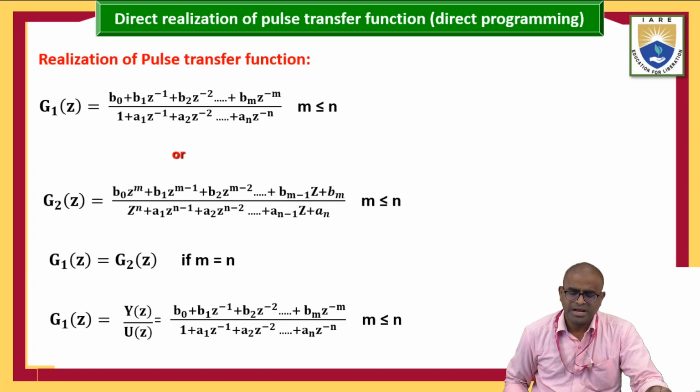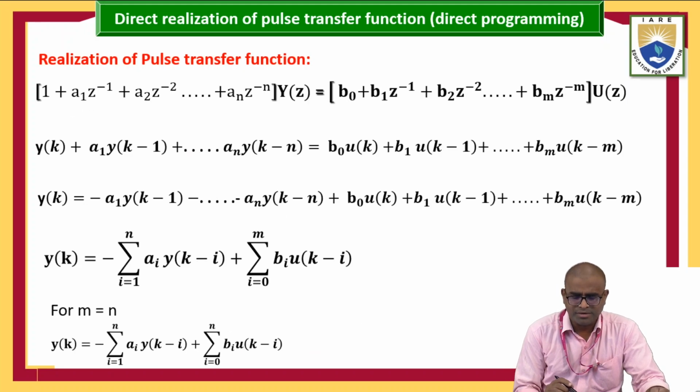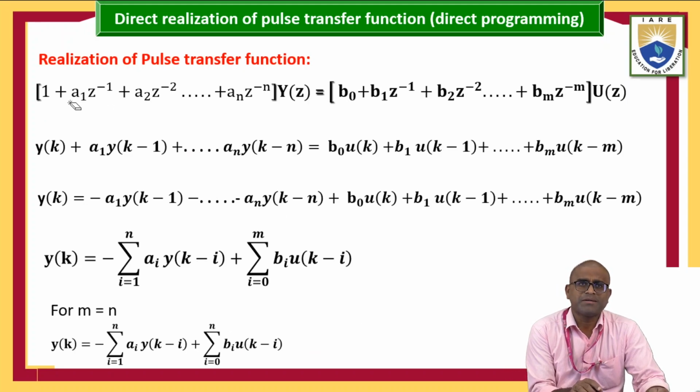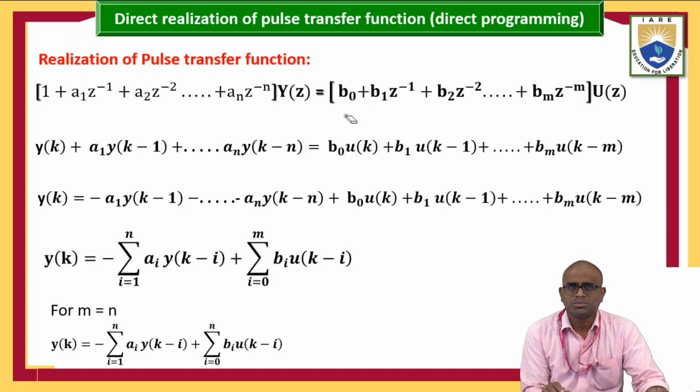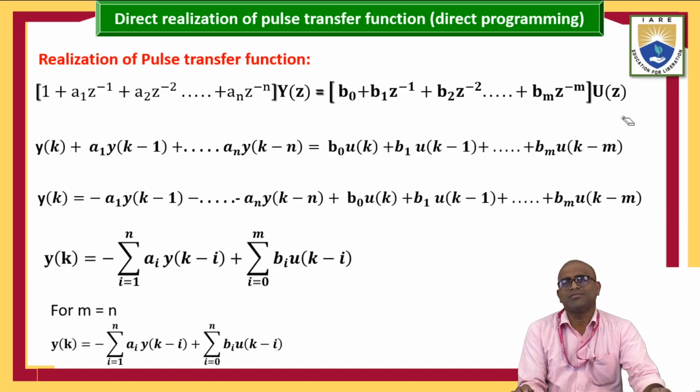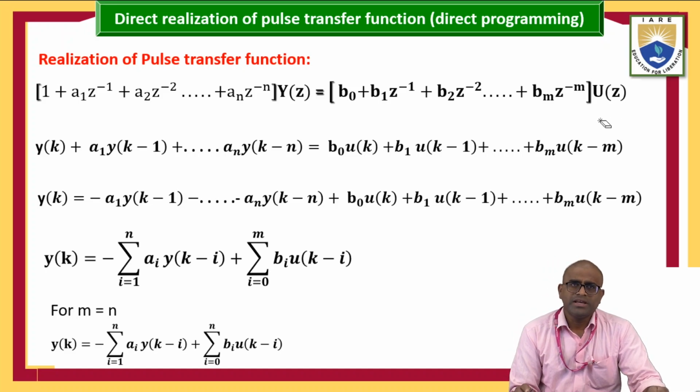The feedback path, with the negative feedback, is multiplied with the output, and the forward path is multiplied with U of Z. So I am taking the pulse transfer function and making the multiplication with the input and output terms. After that, applying the